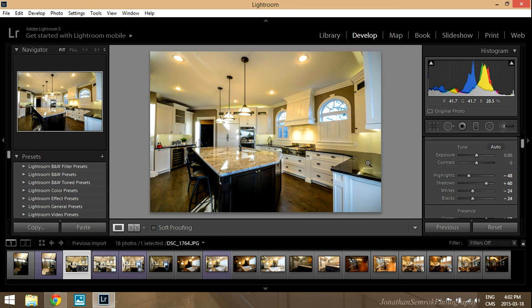Hopefully you guys take this and start putting it into your real estate photo shoots, and take the lessons that I've learned and the mistakes that I've made, but don't try to make the mistakes I've made